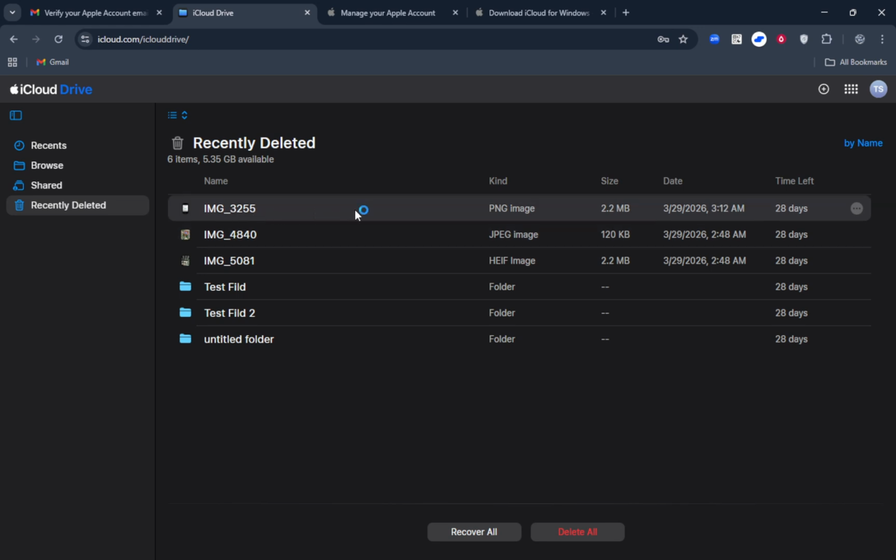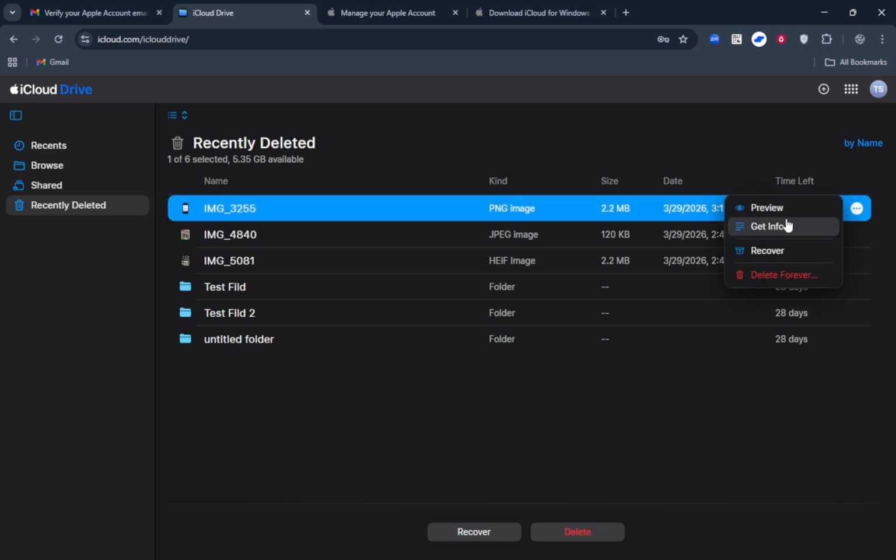Open it, scroll through the list, and select the file or files you want to restore. You can usually select multiple items if you hold Shift or Command on your keyboard. When you're ready, click Recover. iCloud will return those items to their original folders inside iCloud Drive, so check back in the location they came